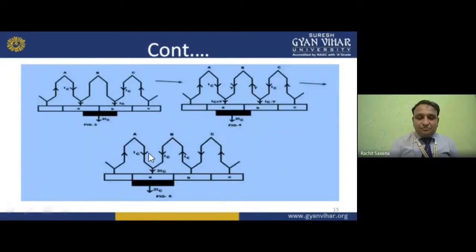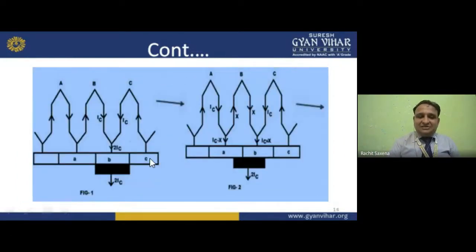See here. If it is moving like this, we are getting 2 IC. So in this bar, I am getting the whole 2 IC. Instead of placing it at B, instead of placing it at C, I am getting the whole 2 IC current at the bar A. So we are basically fixed on A. In the previous case, it is at B, again 2 IC. But if the armature is moving, the brush is also moving. That is why I want to show you here.